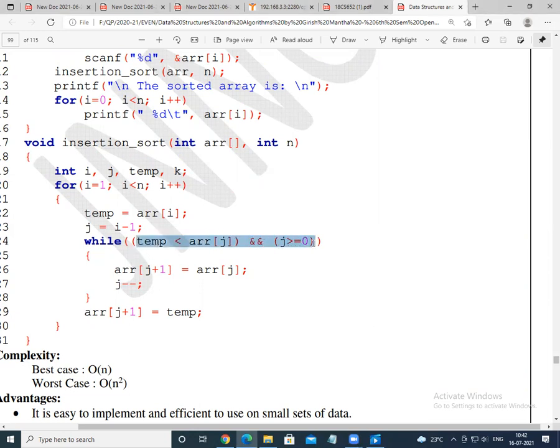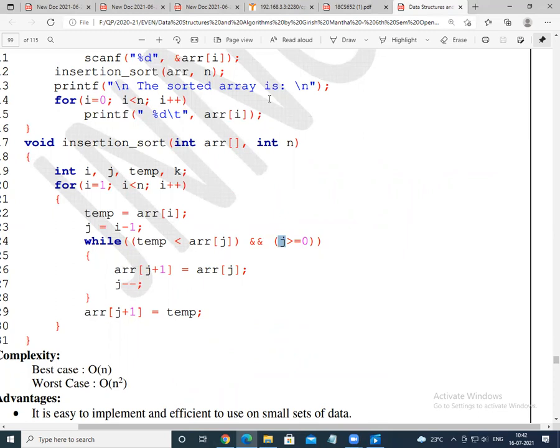How does the while loop work? Until this condition fails, it is going to repeat for the set of values. The condition is: if temp is less than array of j, and j should be greater than 0, that is the indexing value.